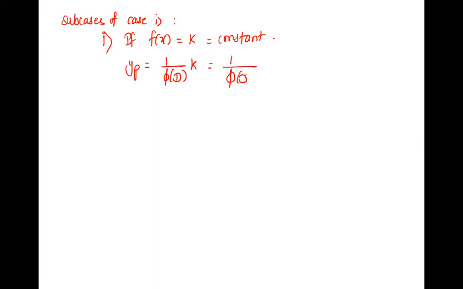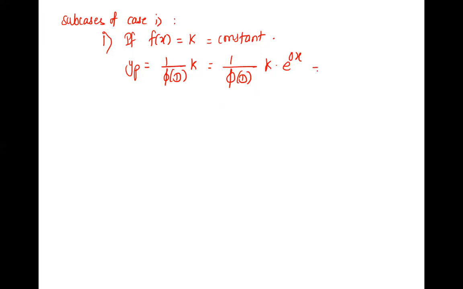How can we convert it into e? k into e raised to 0x, without changing the meaning. If we can obtain e there, that will be very good. Everyone remember, whenever only a constant is there, your job is to convert it into case 1, that is e raised to something. Without changing the meaning, if you write e raised to 0x, that is 1, so the meaning is not changed, correct?